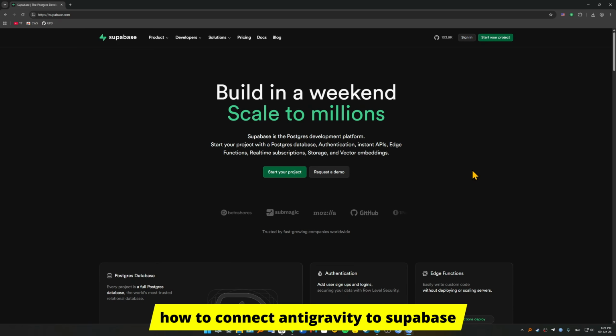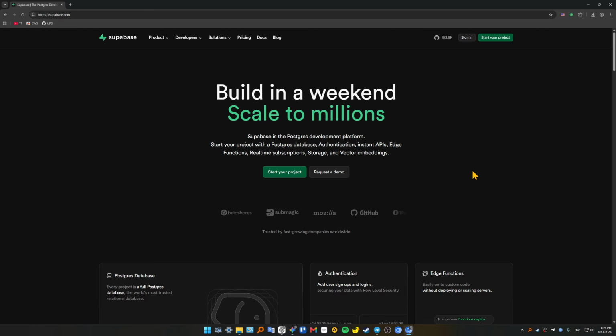How to connect Antigravity to Supabase. Letting an autonomous AI framework like Antigravity generate software without a persistent relational database backend means your application's data vaporizes the moment your container spins down. And we are bridging Antigravity today directly to Supabase, unlocking Postgres data storage, real-time vectors, and user auth in under